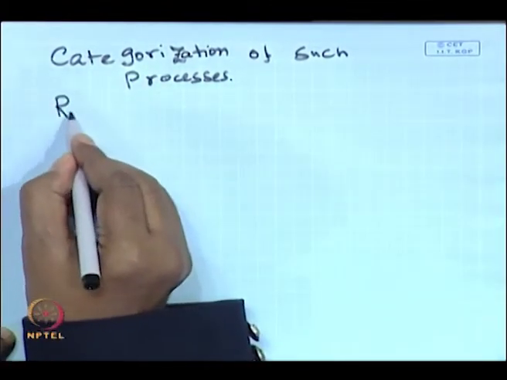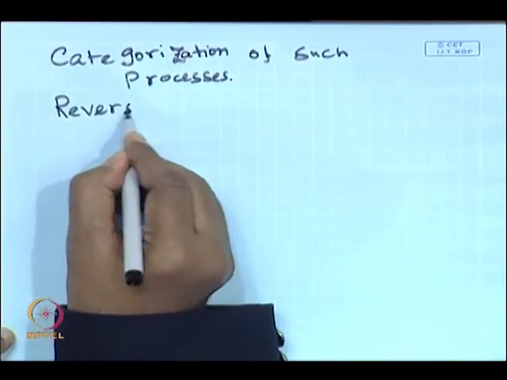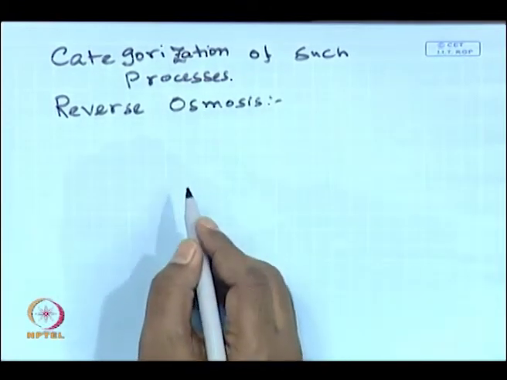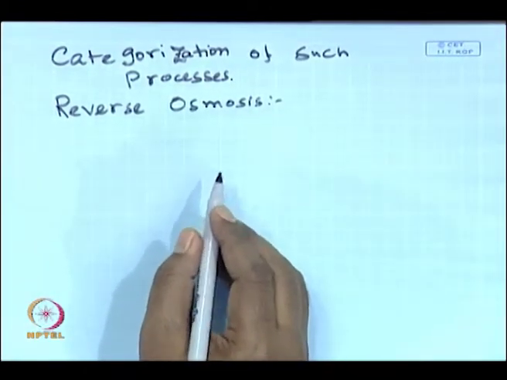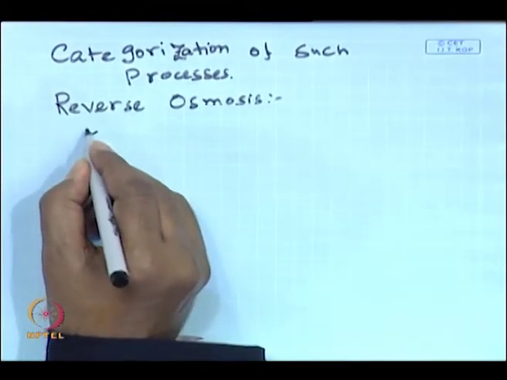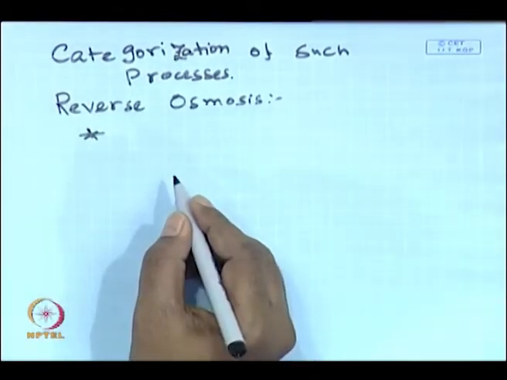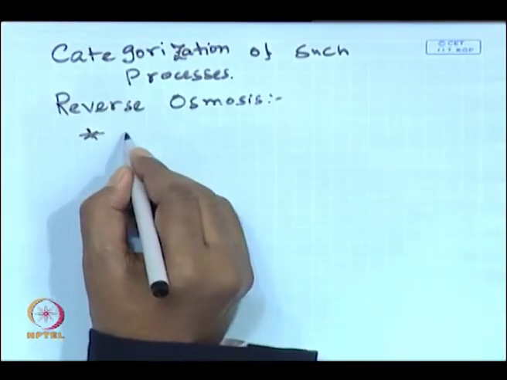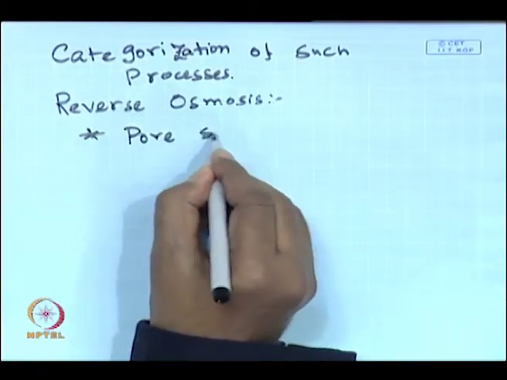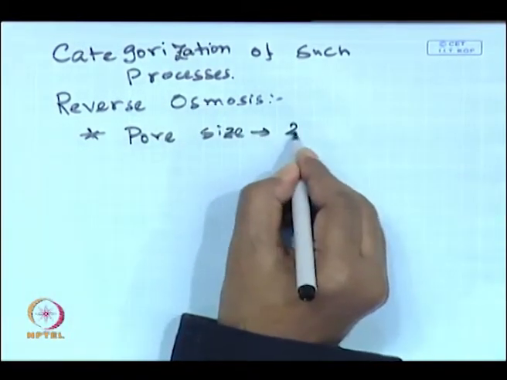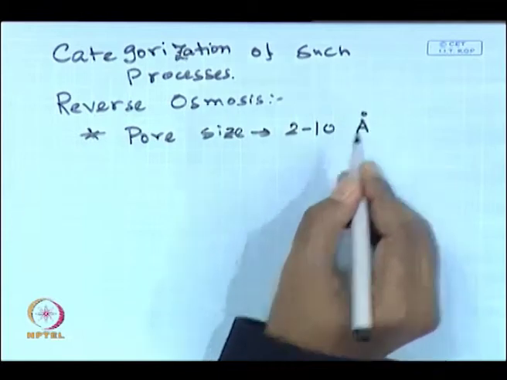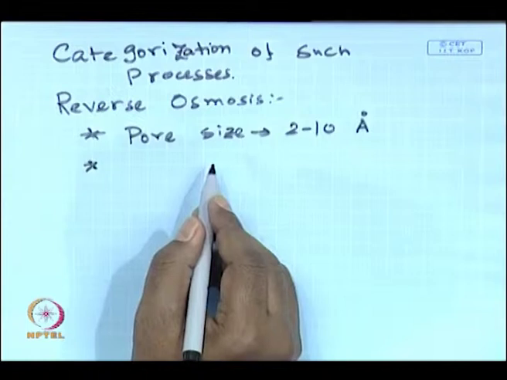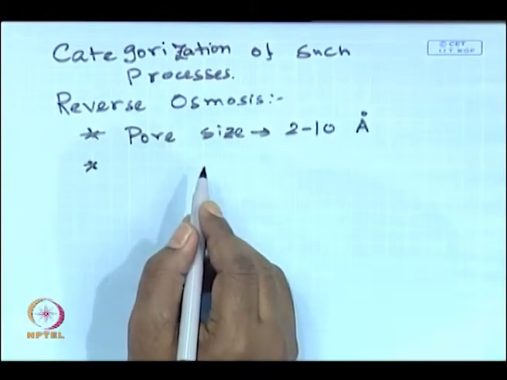The first process we will be talking about is reverse osmosis. Okay. So, in the last class I gave some idea about reverse osmosis. Now, let us look into the various characteristics of reverse osmosis process. First of all, it has the smallest pore size. The pore size is pretty small and it will be in the range of 2 to 10 angstrom. Second is, since the pore size is 2 to 10 angstrom, it will be used for separation of very low